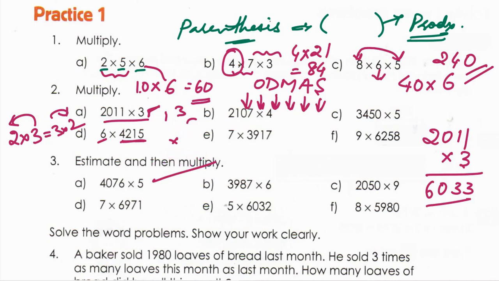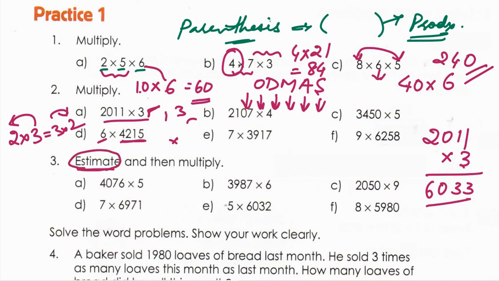Now a little bit important here, that is estimation. What do you mean by estimation? Estimation means you are estimating the value, approximation, that is approximately this much. That is rounding of the numbers. You always estimate the values to their round figures, right? The nearest round value, either in ones place, tens place, hundreds place or thousands place.